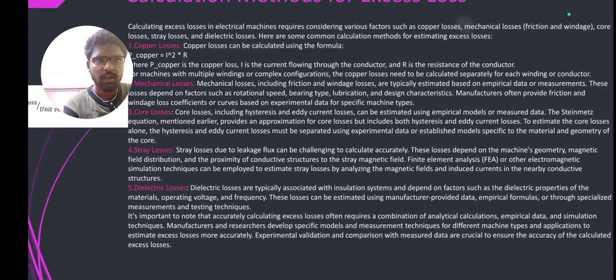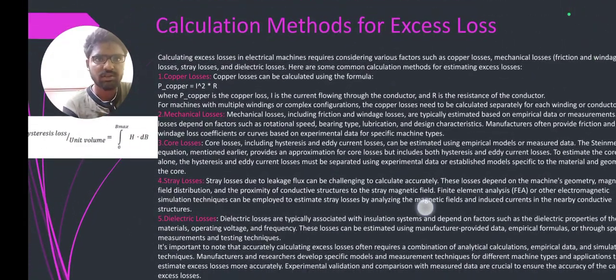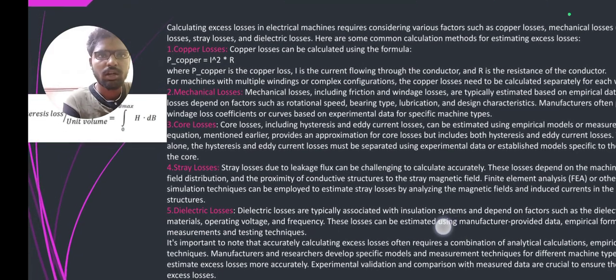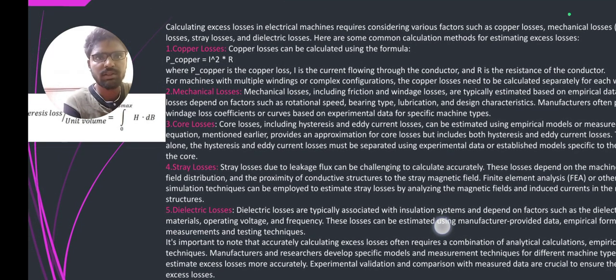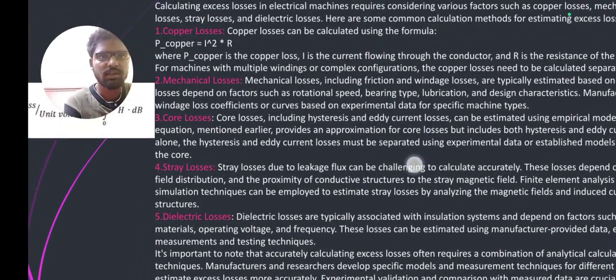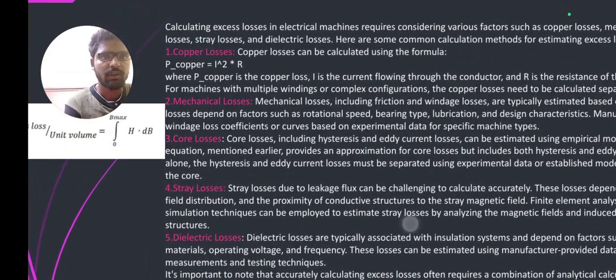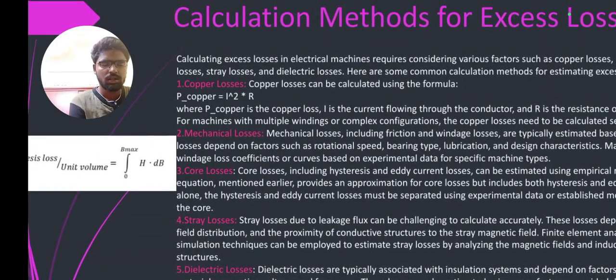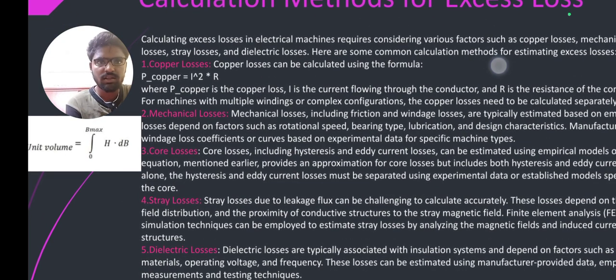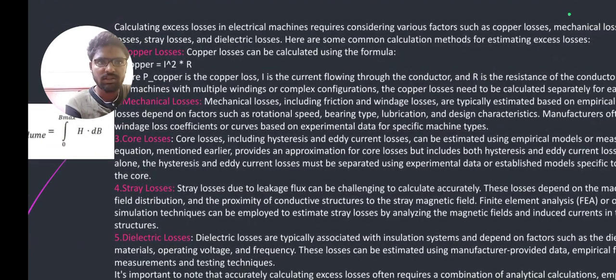Calculation of excess losses. So we have some of the formulas which we are going to be discussing. Copper losses. The formula for copper losses is P equals I squared into R, where I is the current flowing through the electrical machine, R is the resistance, and P is the power. Mechanical losses include friction and